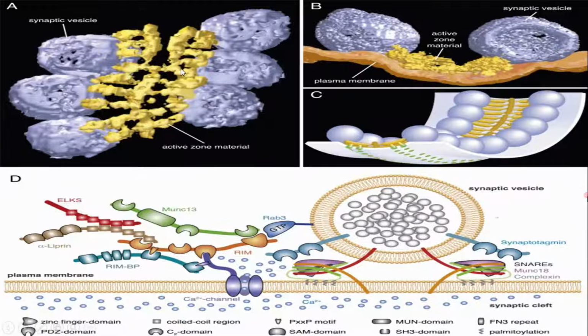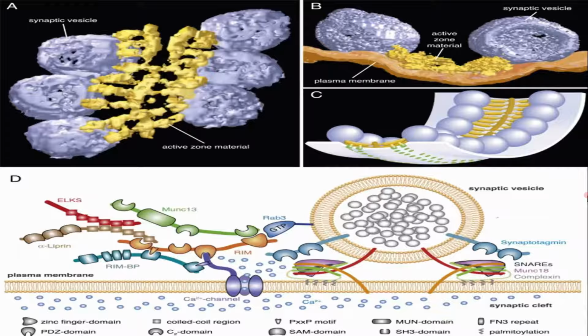Here you can see this is the active zone in the membrane. This is the synaptic vesicle. That is the synaptic vesicle. This is the plasma membrane. This is the active zone of the membrane. And this is the synaptic vesicle. Here you can see the snare proteins. This is synaptotagmin. That is the calcium sensor. Calcium has entered into the cell. So this has been sensed by the calcium sensor, and there is a conformational change that has occurred here. So there will be some actions that take place.